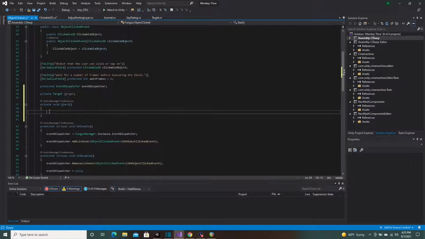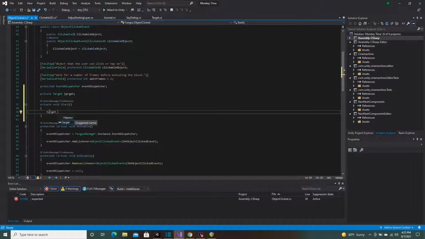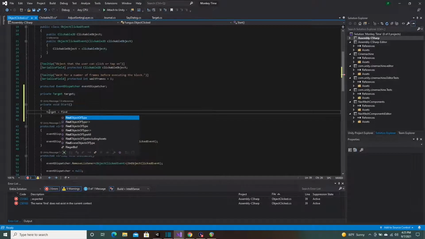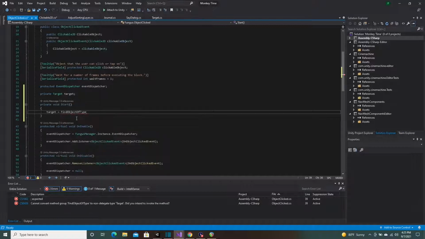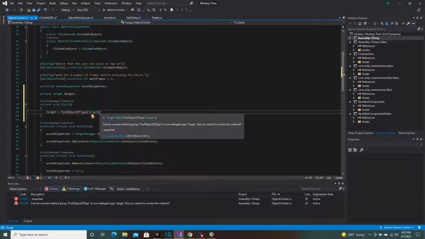And we are going to say that our variable, which we could have named anything, but we named it target, is going to be find object of type, because there is only one player in our scene. If you have copies of players in your scene, you might run into an issue. But for me, I only have one, so I'm going to say target equals find object of type target, put parentheses,